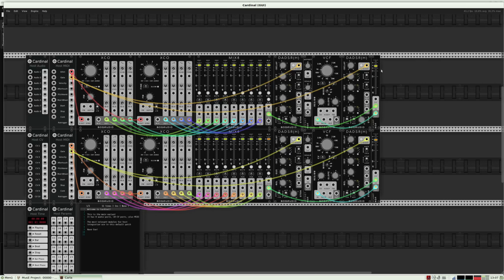Before connecting the sound, I will reduce the volume here. And now I can connect this output to here, and you hear this synthesizer, and I connect the output to the second, and you hear both synthesizers creating one voice.